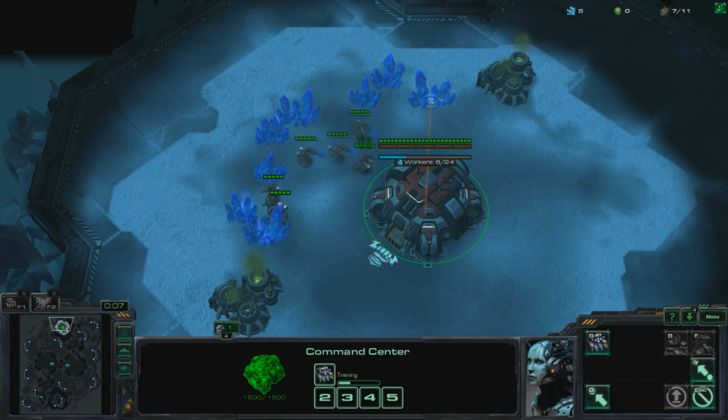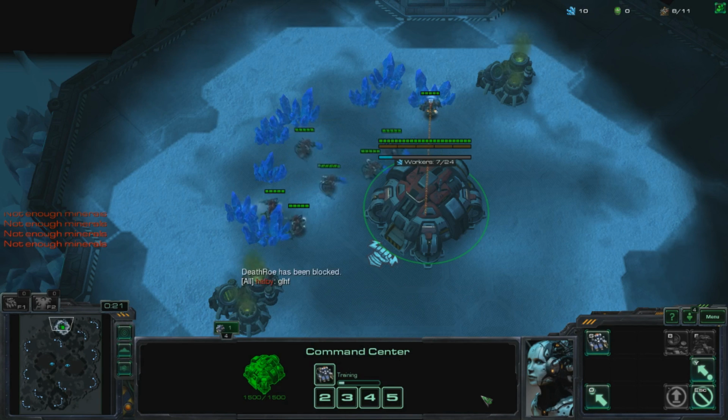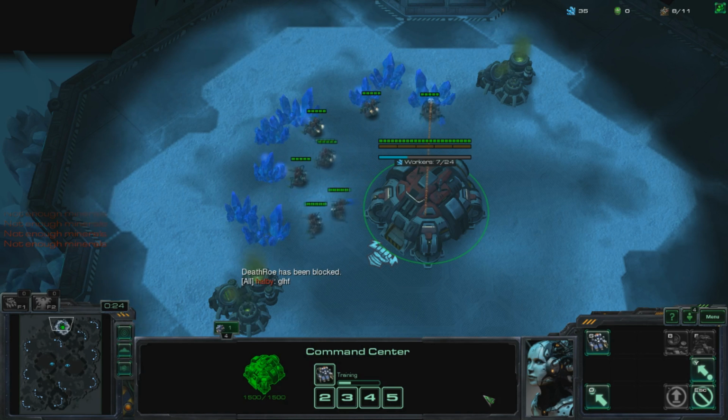Right? We got ourselves a TvZ. I'm going to go for the eBay block. 2:20 is the time when most Zergs want to put down that first hatchery. And so in order to get across the field, which takes 45 seconds, by 2:20 you need to leave by